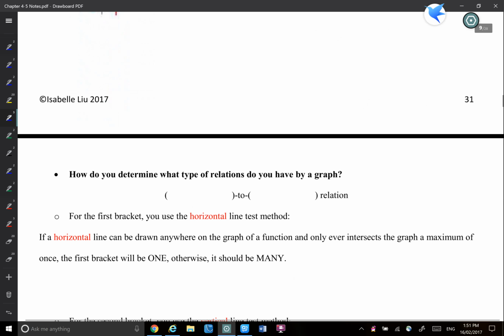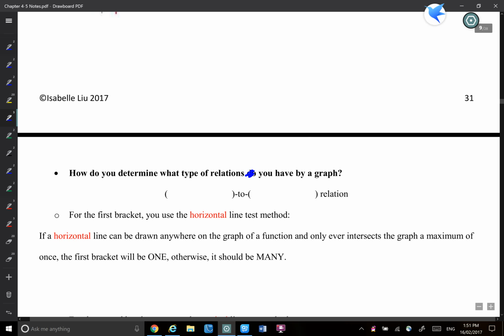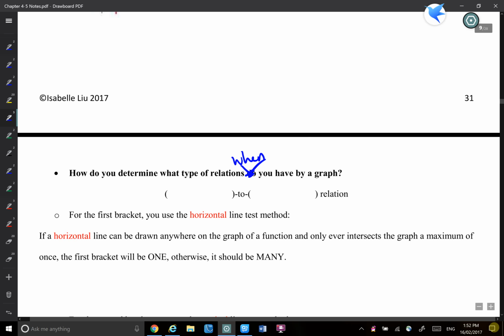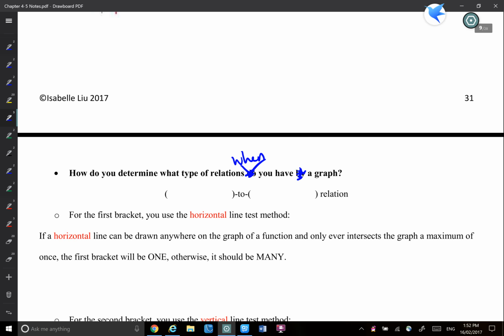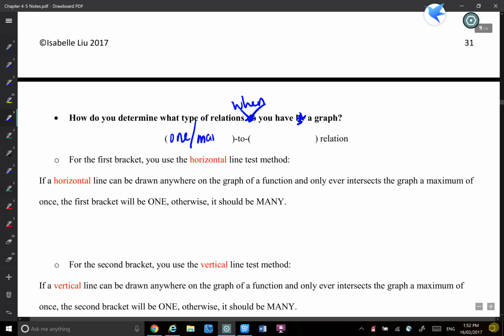Okay, so how do you determine the type of relation when you have a graph? When you have a graph, how can you decide if this is a many-to-one, one-to-many, many-to-many, or one-to-one function? So now you want to select, in this bracket you can have one or many. In this one you can have one or many. How can we decide? To decide the first bracket,